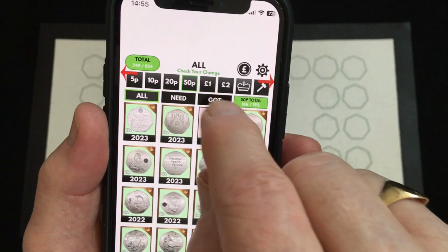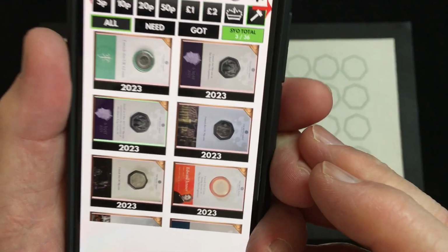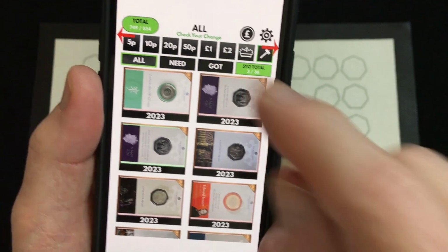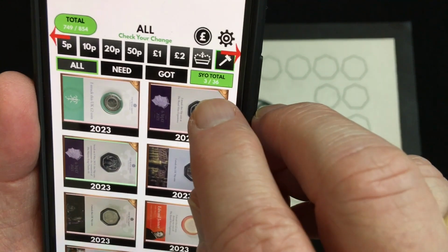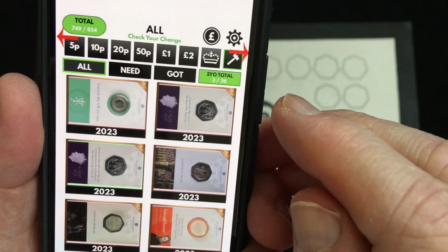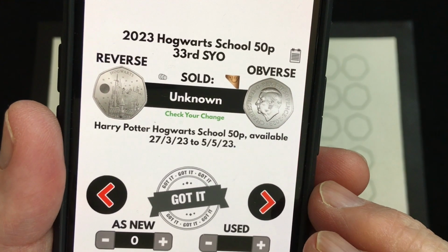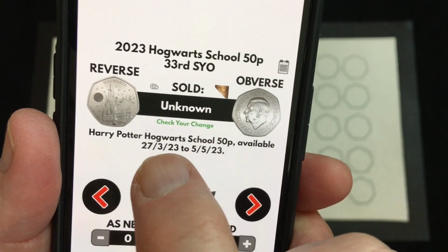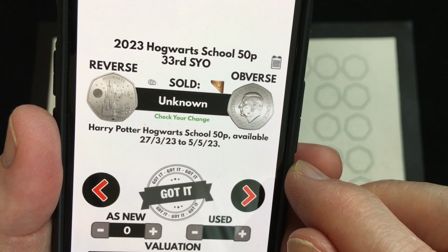And you've got the different denominations up the top. You've also got the striker ones as well. I know I've got a few more striker ones than what's on here, but I haven't got all of them. There is supposed to be 36. It says I've only got 3. But obviously you can find out when each of the dates were for each of the striker runs, so that's